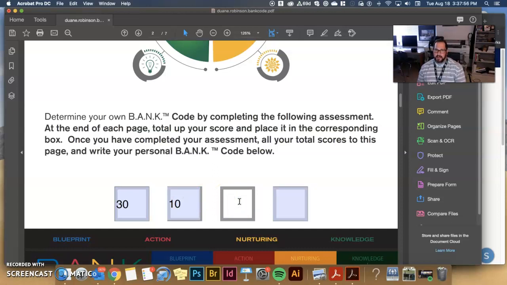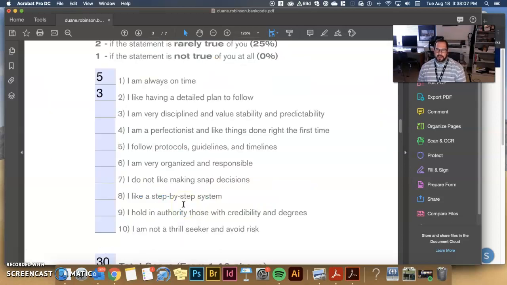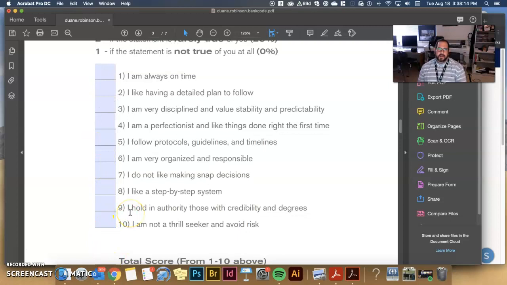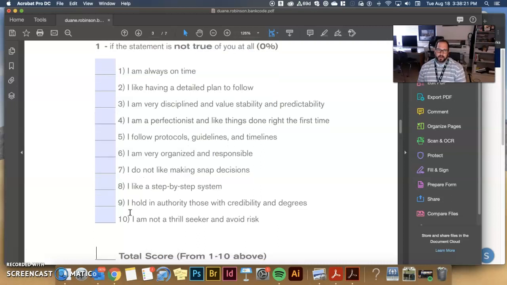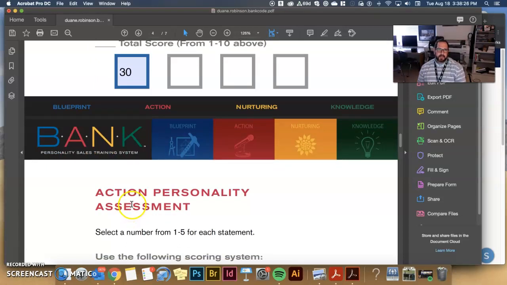So this is how you should be approaching it, just with some curiosity and seeing what you score, and then just kind of taking that as a way to help understand yourself a little bit better. And then again, this is also a way to understand other people too. Cool. Okay, so last bit of this, and then I will let you guys take a crack at this and submit it,